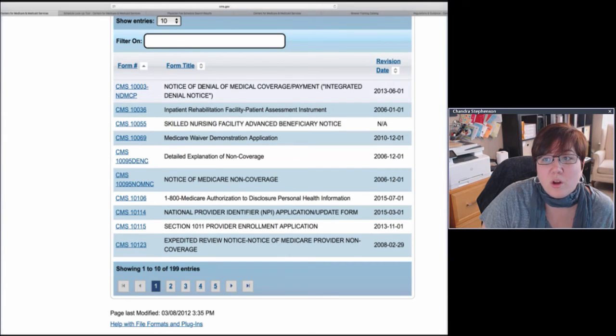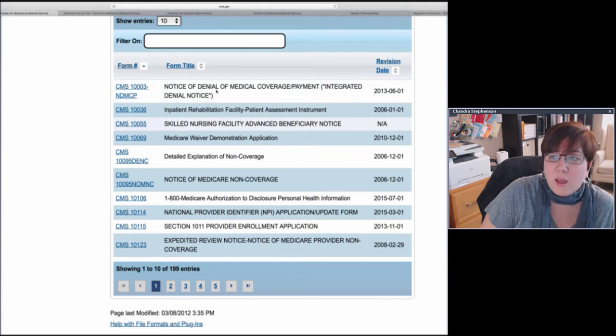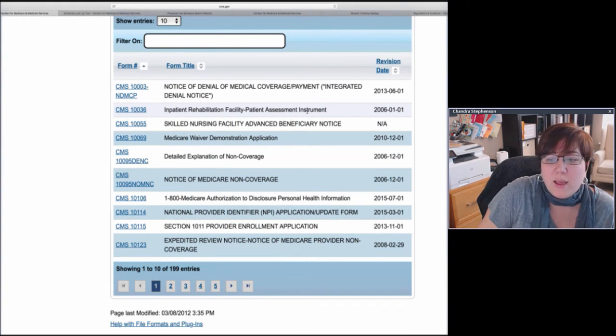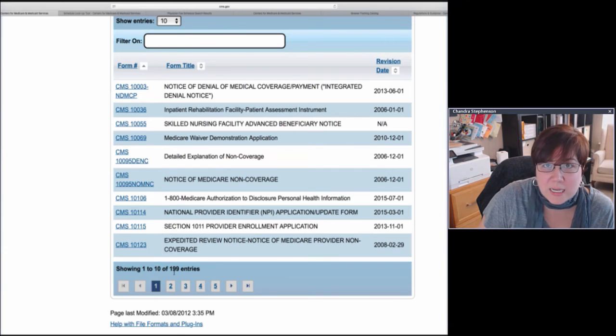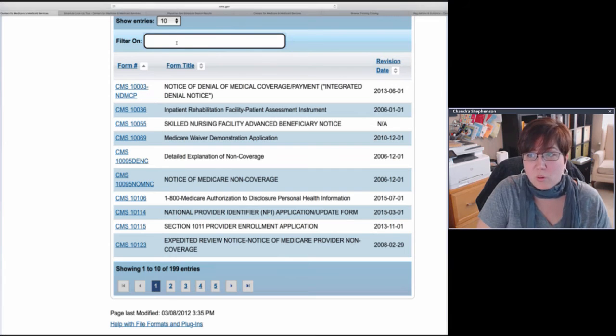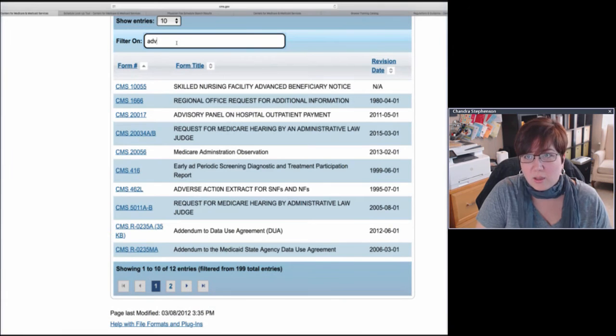There are also notices of non-coverage where Medicare says we're not going to pay for this. There are inpatient and facility assessment instruments. So anytime that you have a national coverage determination or a local coverage determination and they require your provider fill out a specific form, chances are you're going to be able to find it here in this forms repository. Again, there's 199 entries in here. So you can filter by what you're looking for. So we could filter this and say, I want it to only include the word advanced,